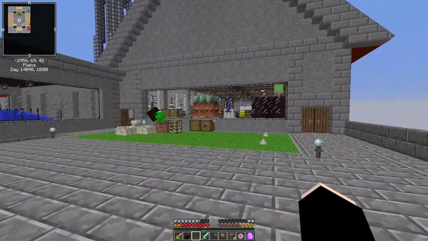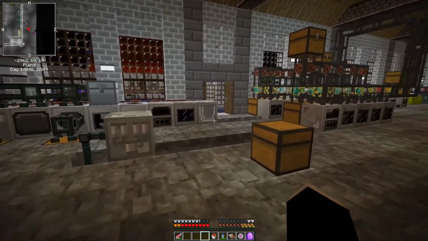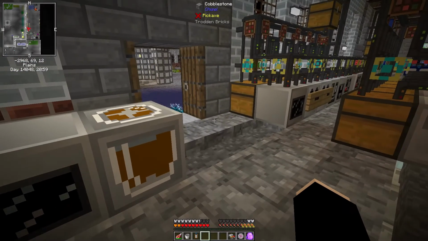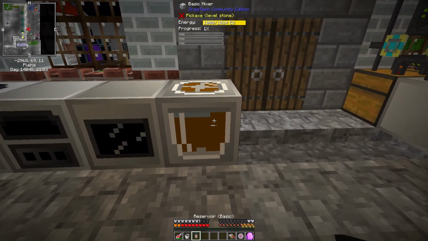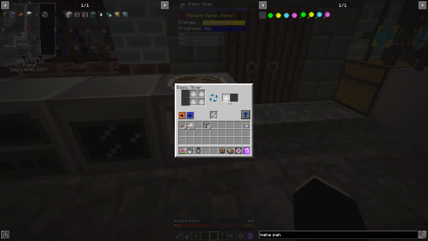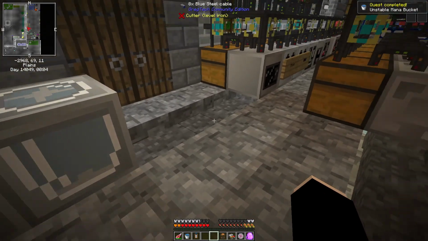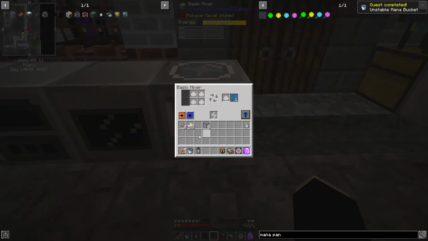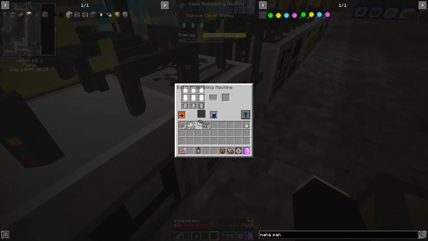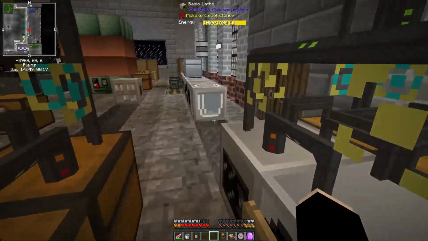Well, we got some of them at least. And what we can also do is go to our mixer: ethanol, stable mana, oh, one of them, and redstone. Slowly. Very slowly. But even a slow recipe at some point is finished. And we have a quest. Let's put this in the assembler with